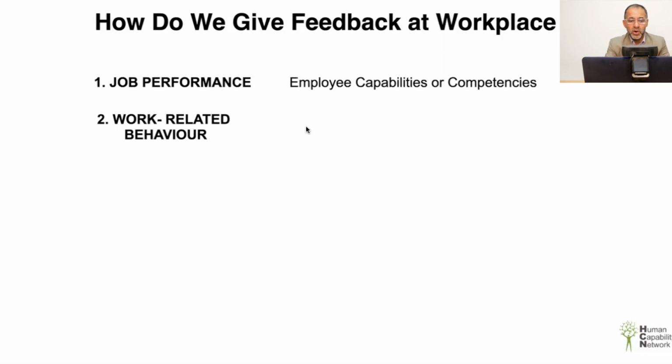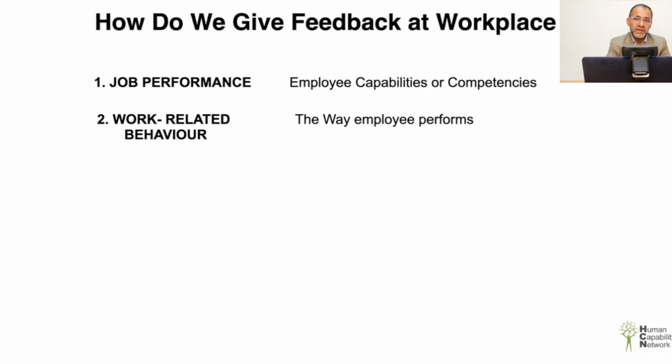The second part is what we call work-related behavior. When we say work-related behavior, it means the way an employee behaves. For example, suppose somebody has a habit of coming late to the office. What kind of feedback should be given to that person? That he should learn what benefits being on time will bring: somebody will not get late, because if he comes on time, he will replace somebody on time and the other person can also go back to the next shift as required. So these are all behavior-related feedbacks.